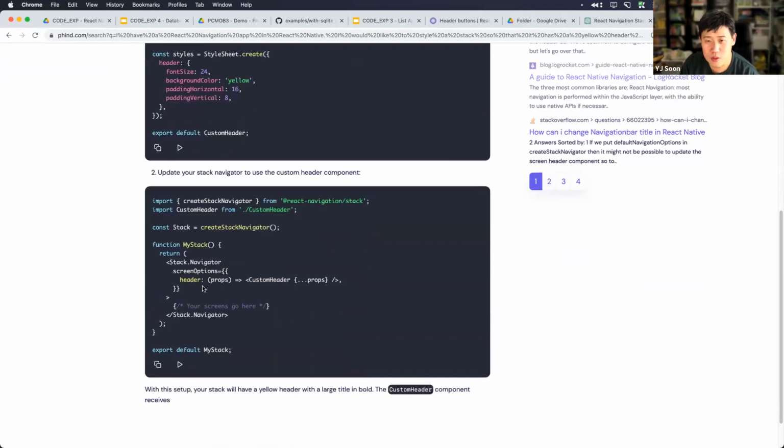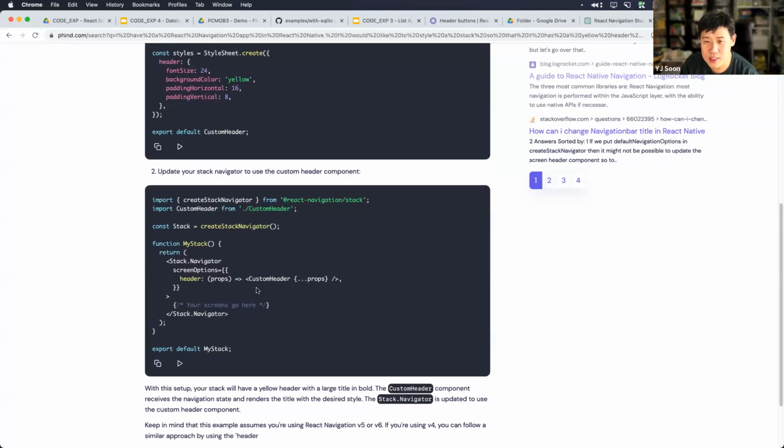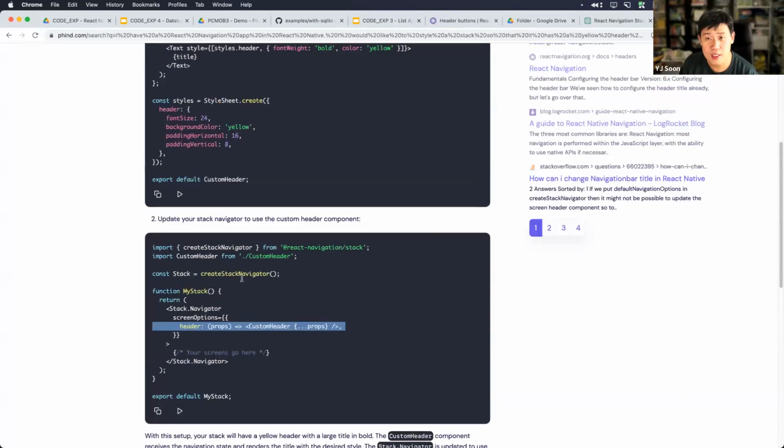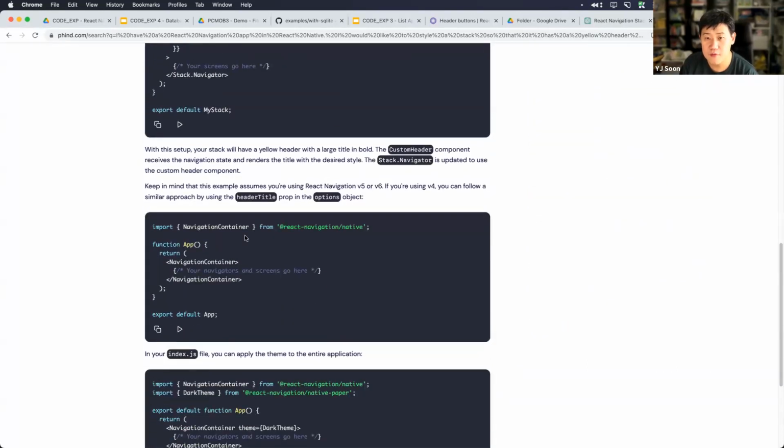So over here, you define the custom header in a separate file. Okay. And what's interesting is that if your custom header expects any props, you can pass them on using this thing, right? It's actually a spread of all the props that you have. Okay, you will see this in some people's code, and great, right? Good that you can actually take a look at this, right? So now you can have a custom header that you can customize to all you want using a separate style sheet. Okay, not bad. I think that's a nice different approach.